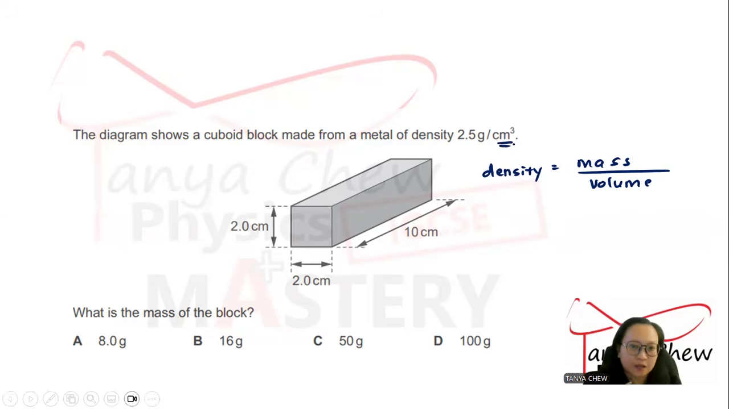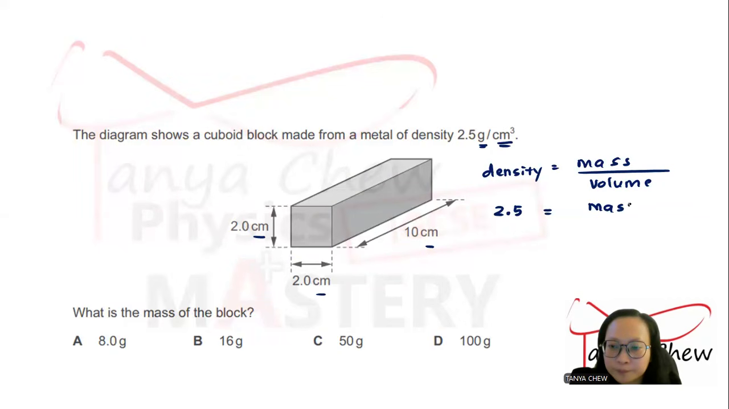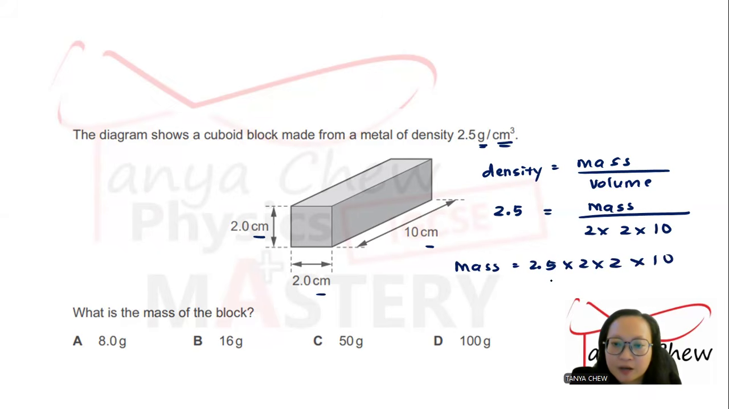Look at the unit of density. That is why, if you want to find the volume of the cuboid, you do not have to convert the cm to meter. Mass must be in gram. Look at the unit of density, this is gram. So you just put 2.5. Mass, I don't know. Volume is length times height times width, right? So the mass would be equal to 2.5 times 2 times 2 times 10. So you get 100 gram,